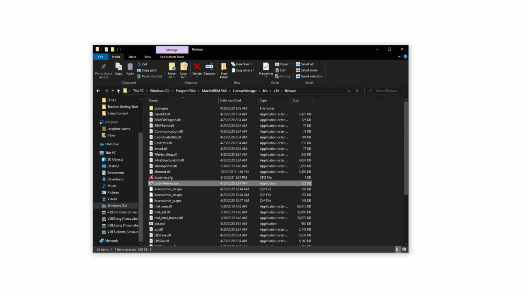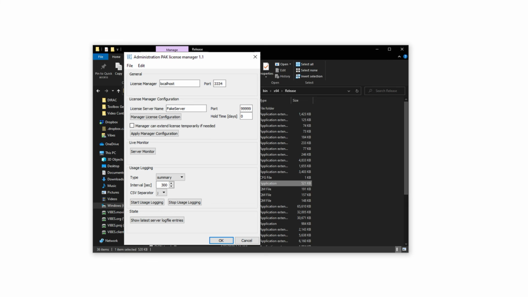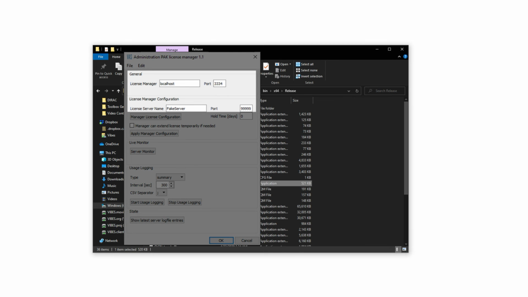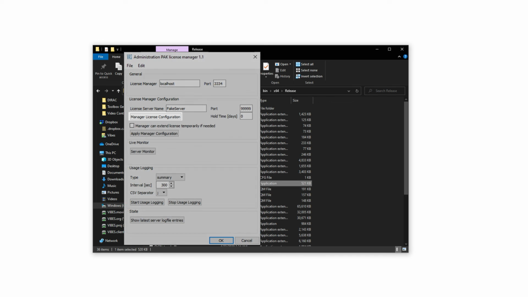To access the PUC license manager, first we'll have to find it. It's probably located in the folder of program files for Müller BBM on your machine. You're looking for this license server executable. When you run it, this screen should pop up. First, make sure you have the right settings filled in here for your specific license server. Then click here to acquire the license for the I/O device.